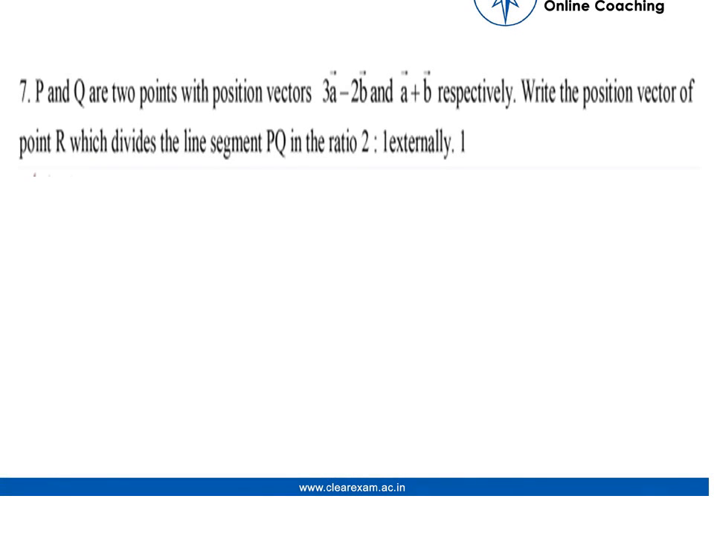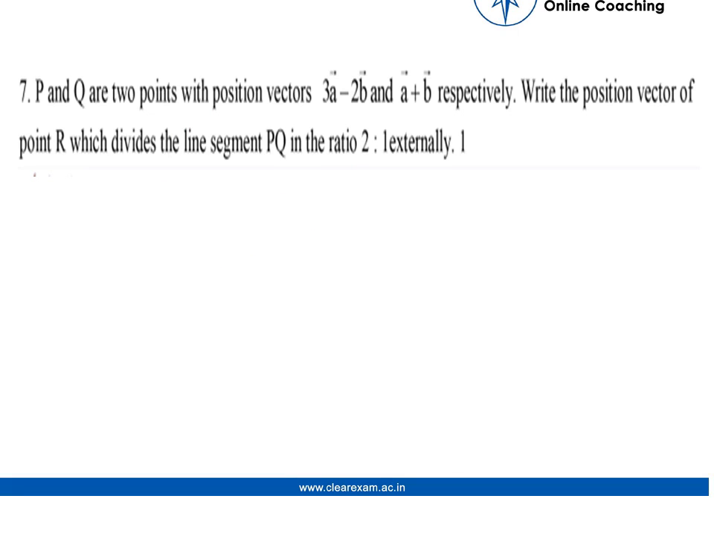Hello everyone. So the question is: P and Q are 2 points with position vectors 3a minus 2b and a plus b respectively. We need to find the position vector of point R which divides the line segment PQ in the ratio 2:1 externally. So first of all, we'll make a line diagram, a segment diagram, so that we can